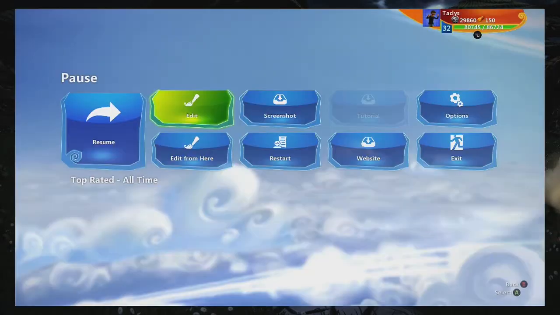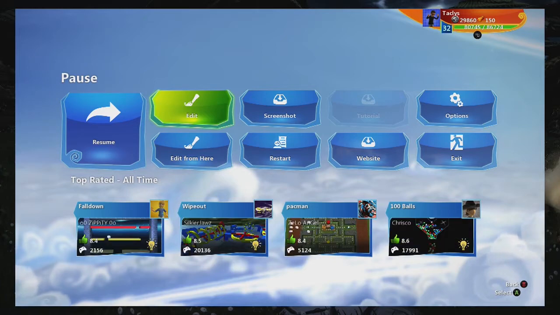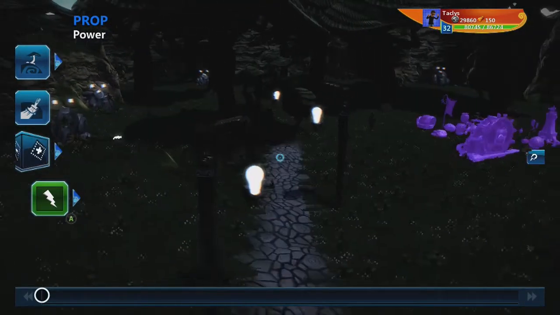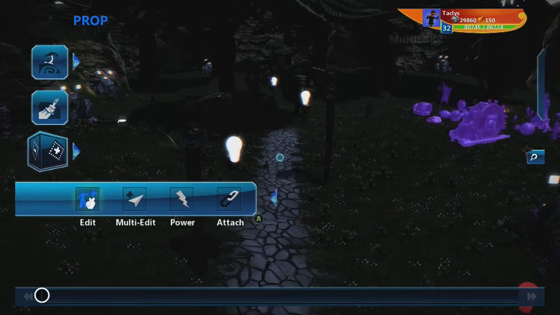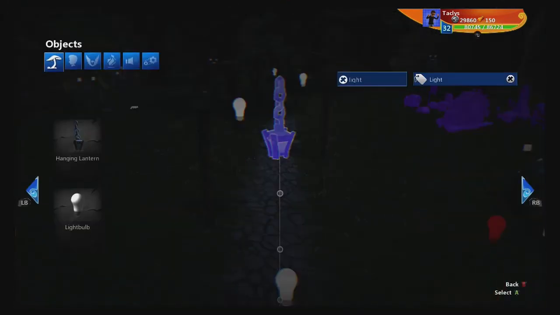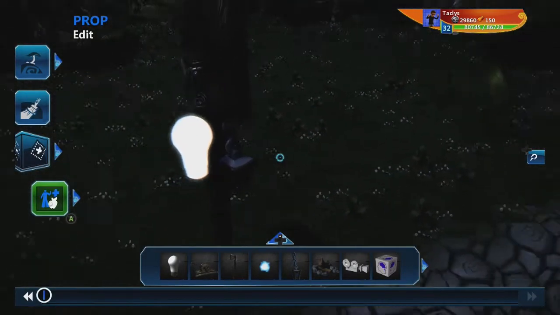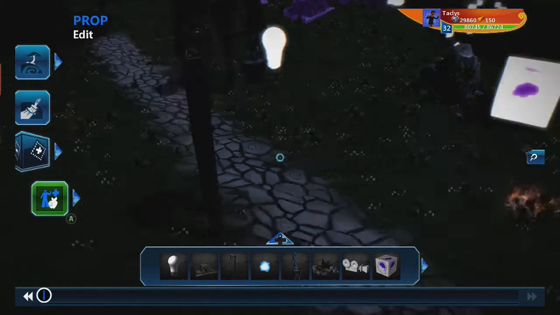Now, there are some objects, and these are just random objects in the world that you'll have to play with to find, that give the appearance of light when they're powered on, such as these hanging metal lanterns. I don't remember, what are they called? Hanging lantern. These things right here. Oh yeah, it's worth noting